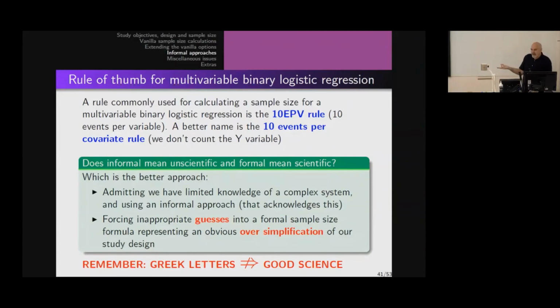Not so much if you're talking about NHMRC, but I've seen it slip through some ethics committees in my time. So I want you to remember this, and whichever method you use, I'm not going to judge you or tell you to use one method or the other, but I want you to at least know that Greek letters do not necessarily imply good science. Just because you don't understand something doesn't mean it's good science. And actually the reverse is true too. I have heard people say, that's too simple. How can that possibly be right?